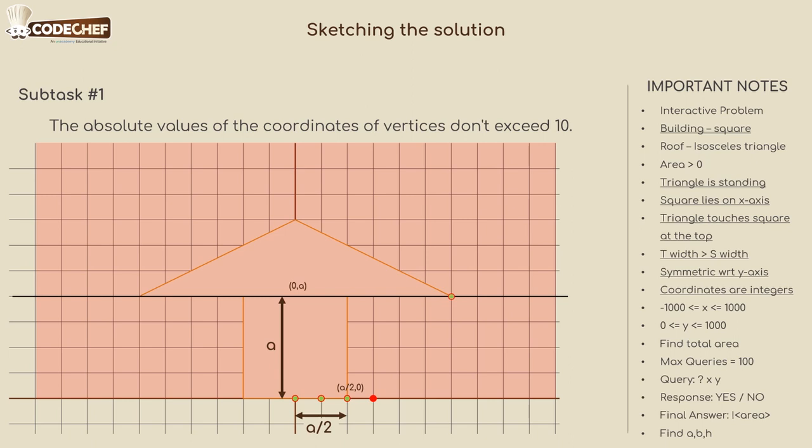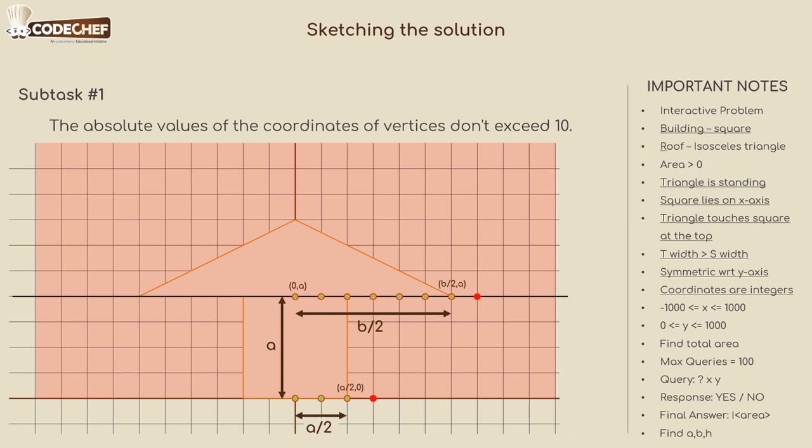If this condition was not given, then looking for the first no on the line y equals a would have given one of the vertices of the square. Now because it is given that the points are integers, let's iterate the point from (0, a) to (1, a) till we find the first no. And using it we can find b by 2 because the figure is symmetric with respect to the y-axis.